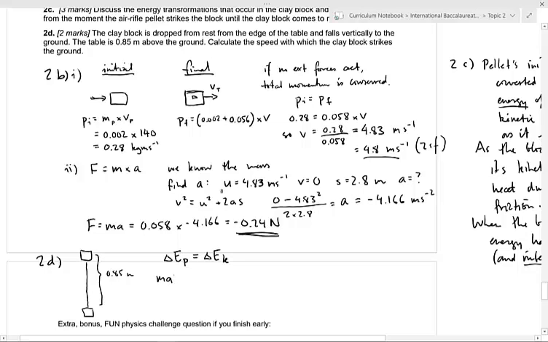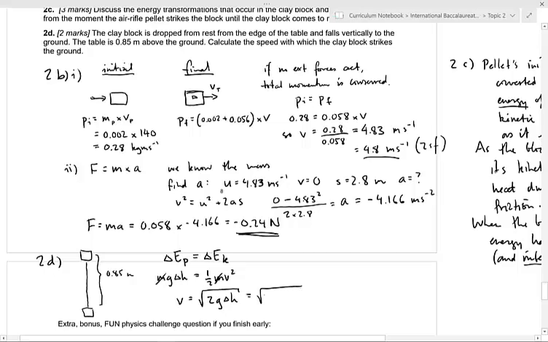So mg delta h must be equal to half mv squared. We can cancel the m's here to make our calculation a bit more simple, and then just rearrange for v. So v is going to be equal to the square root of 2g delta h,